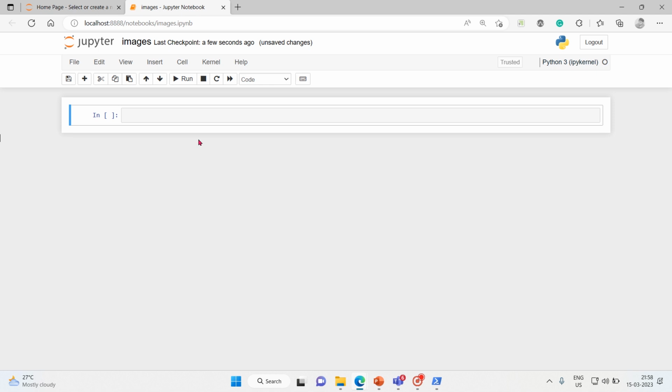So with a Jupyter notebook editor started, we now need to connect with our image. But to do that, if we want to connect with our image, we need to import certain modules and libraries. But before that, let me say,